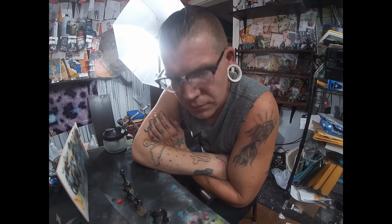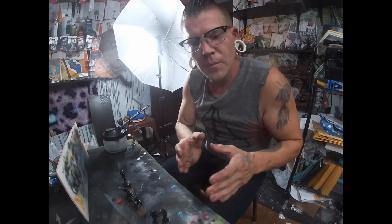You don't ever want to fight a project in this hobby. If you have to fight a project, then you're working. You're not enjoying your hobby. That's up to you, but either way, that's how I get 5 to 10 to 15 minis painted a weekend. Because it takes me a sum total of 8 hours, 4 hours one day, 4 hours the next, and it's all done. And it's all through planning what I'm gonna do and trying to get minis that are similar,